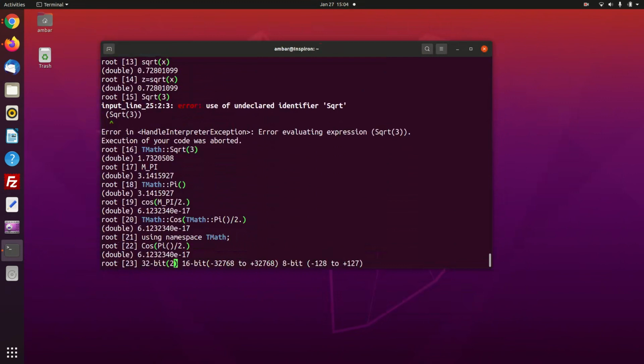So half of that, so 2 power 31, with negative sign going up to plus 2 power 31 minus 1. So these are the ranges that you have